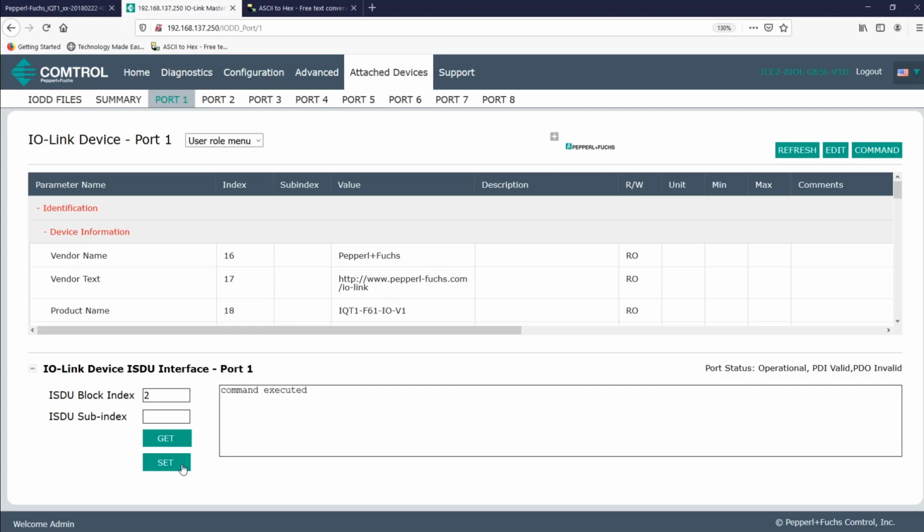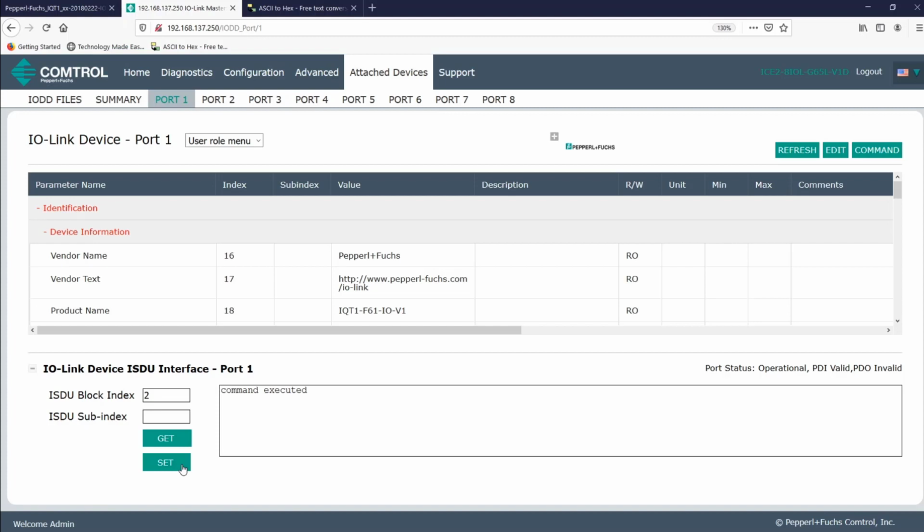And just to reiterate what we just reset, it's things like whether Autostart mode is on, or how many bytes of data are read. Basically, the values specific to the RFID head, not the IO-Link master. So for instance, if you set up a different IP address for your IO-Link master, what we just did won't change that. Alright, in the last video, I'm going to show you how to more specifically read and write to